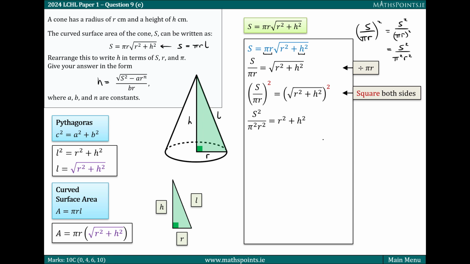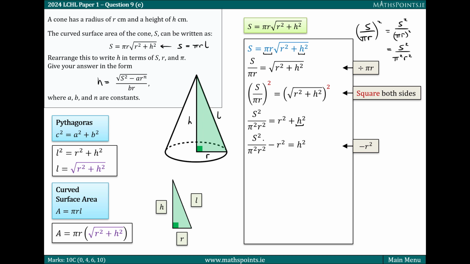Okay, keep thinking of what you're trying to isolate. So we're trying to isolate h. So we're going to remove the r squared from the right hand side by subtracting r squared from both sides. So now on the left hand side we have s squared over pi squared r squared minus r squared equals